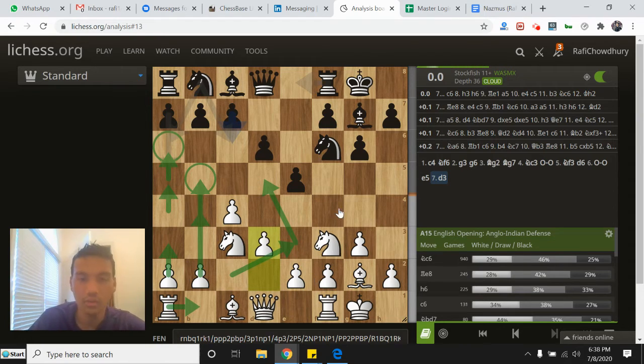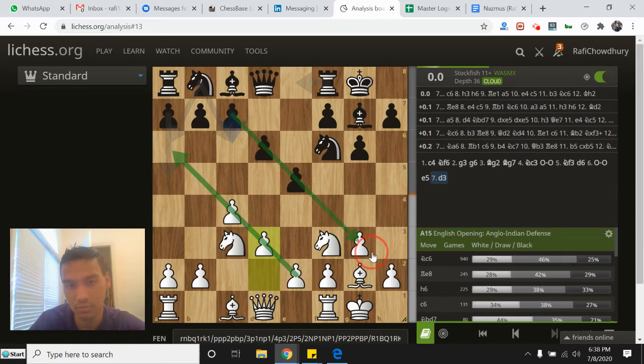But typically, you want to attack in the direction that your pawn chain is facing. So in this case, obviously, white's pawn chain is facing towards the queen side. So it makes sense that white would attack this way, and black's pawn chain is facing towards the king side. So it makes sense that black, in this particular setup that he's chosen, will play moves like knight e8 or